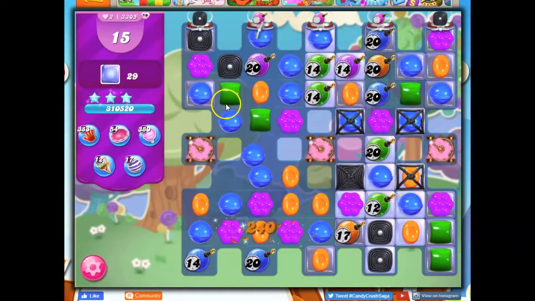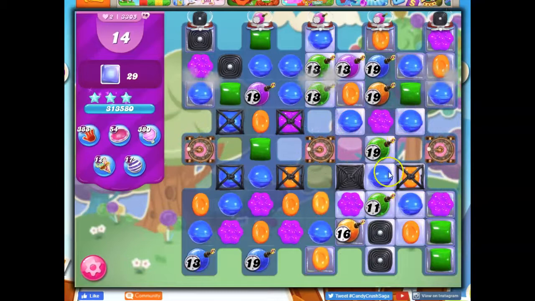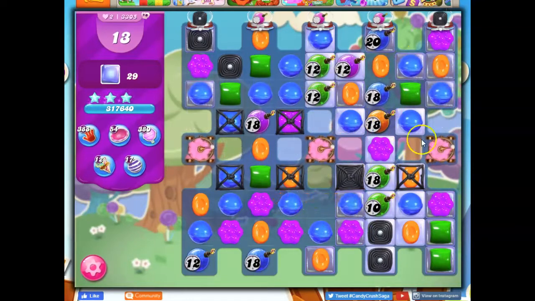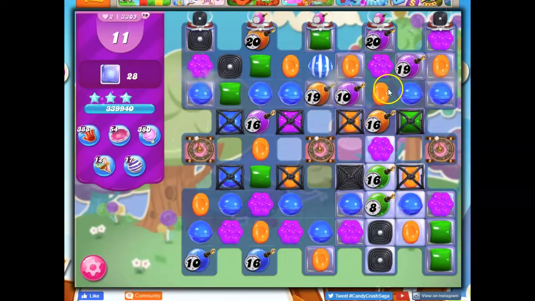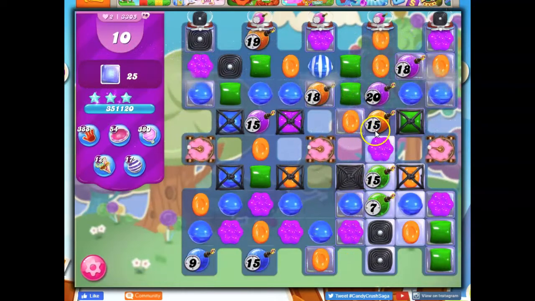So the left-hand side of the board cleared out very quickly. This side, not so much. I do have an opportunity to open this up, and then maybe to slide. Well, these are going to get covered over, but I'll get one layer gone from there first. Notice this doesn't populate because we've got these licorice locks, so that's not good. I could take that out, but I think instead I'm going to work on...